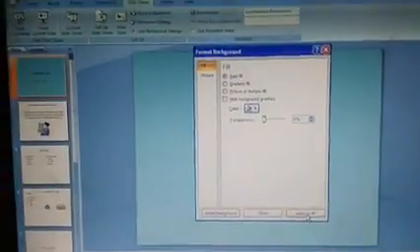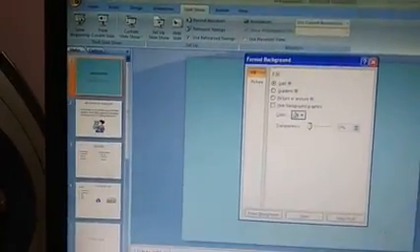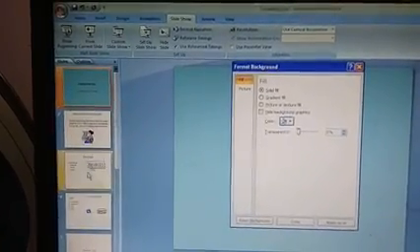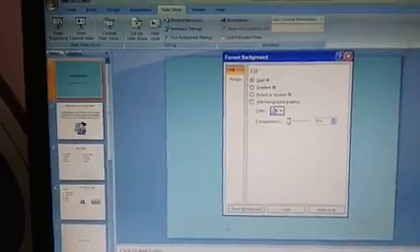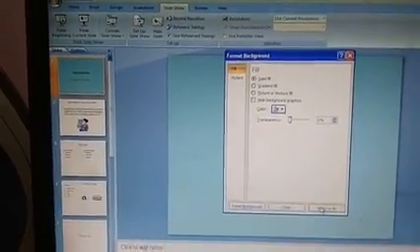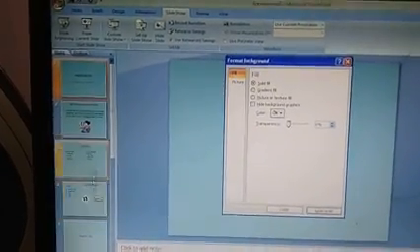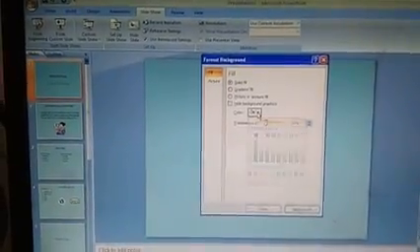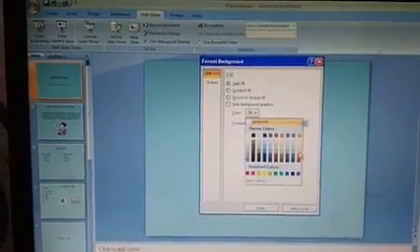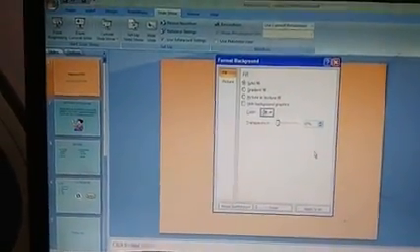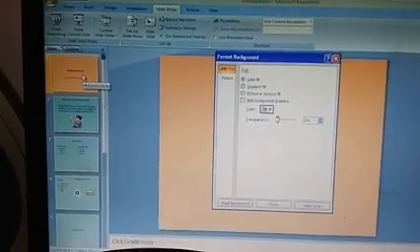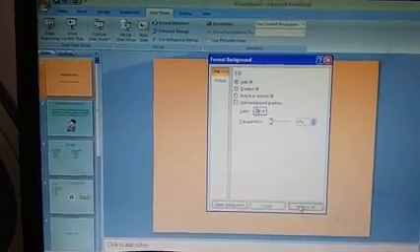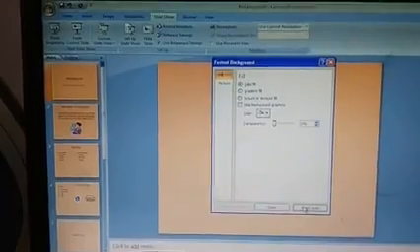Before that, just observe at my left hand side over here, the first slide has the color given and the remaining slides are looking white. So when I click on apply to all, all the remaining slides will take the same color. Okay, I'll change the color and show you. Just see, I have changed the color. The first slide is changed with color, the remaining slides are of different colors. Then if I say apply to all again, all the slides will be with the given color.